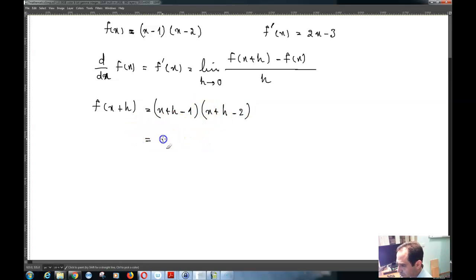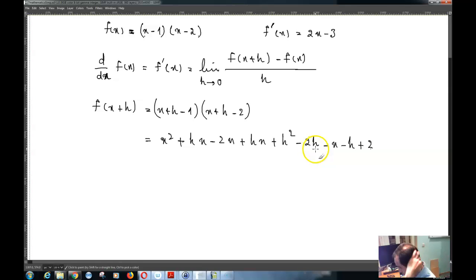So this is equal to x squared plus hx minus 2x plus hx plus h squared minus 2h minus x minus h plus 2,